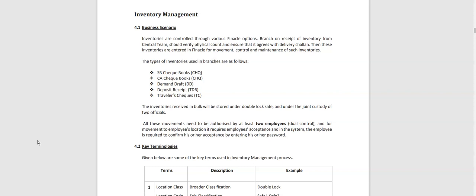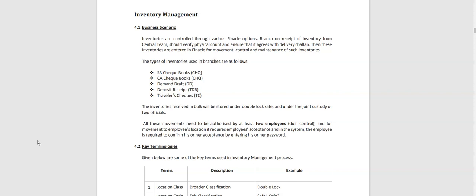Whenever a branch requires any inventory from the central office, it sends an indent to the central office: we need so many checkbooks, 20 leaves, 50 leaves, 100 leaves, drafts and all that. So the central team is able to print those in time with the branch stamping and branch name, and it is delivered in time.